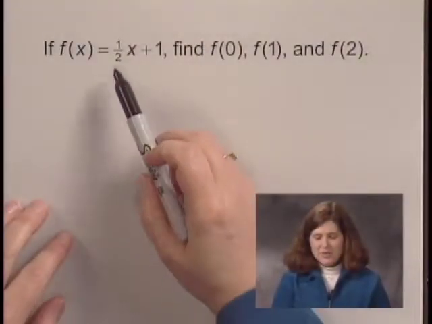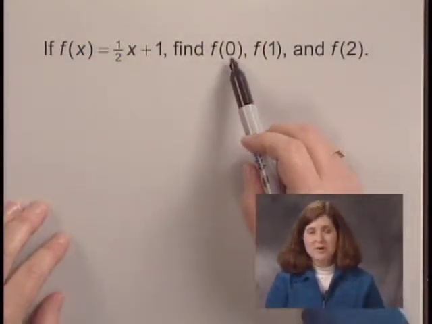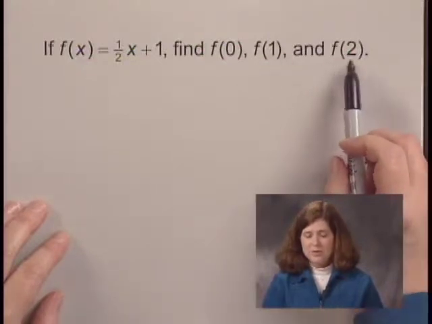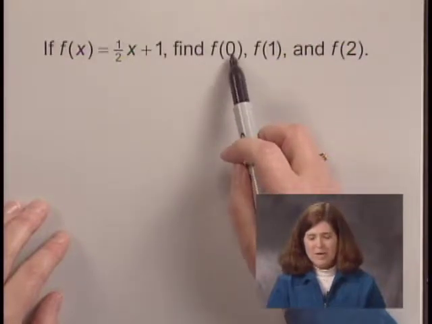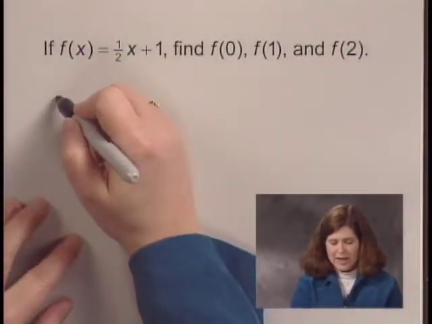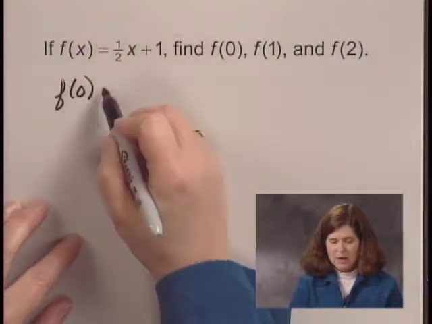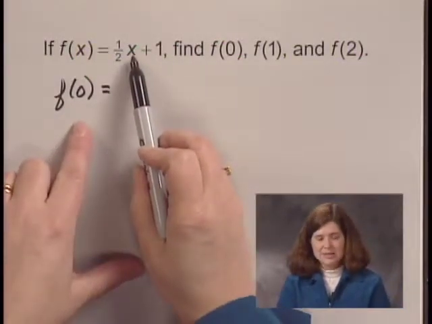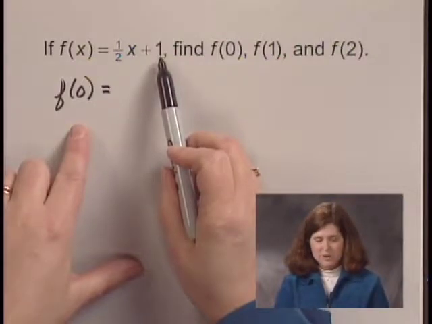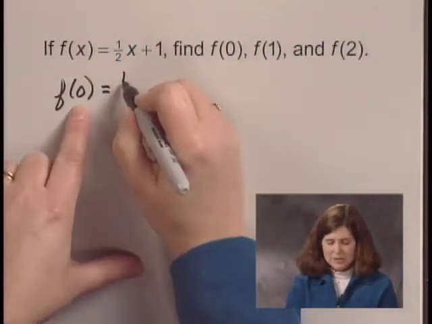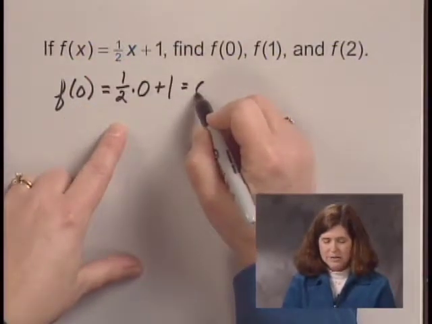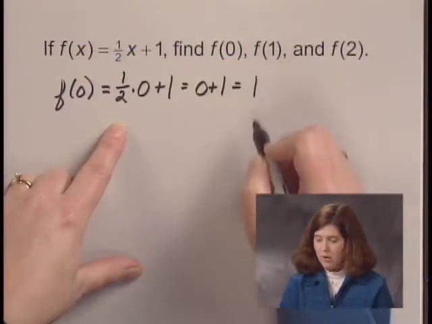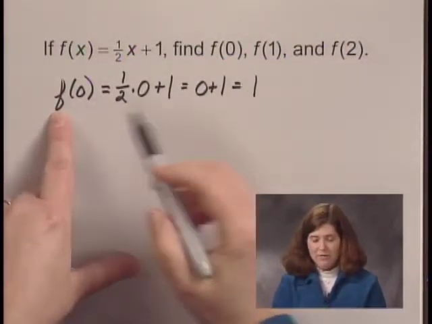In this problem, we'll find some function values. If f of x equals 1/2 x plus 1, we'll find f of 0, f of 1, and f of 2. Now what this means is, what is the function value when x is 0? To find f of 0, I replace any x's that might be in the formula for the function with 0. In this case, this would be 1/2 times 0 plus 1, which is 0 plus 1, which is 1. So I have f of 0